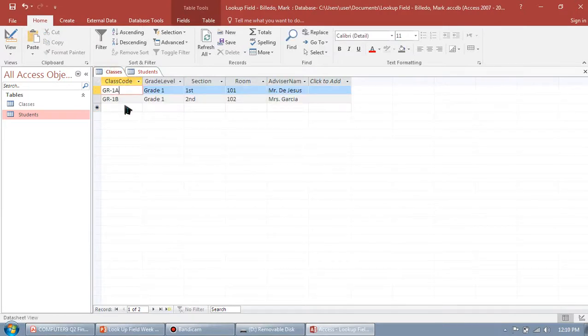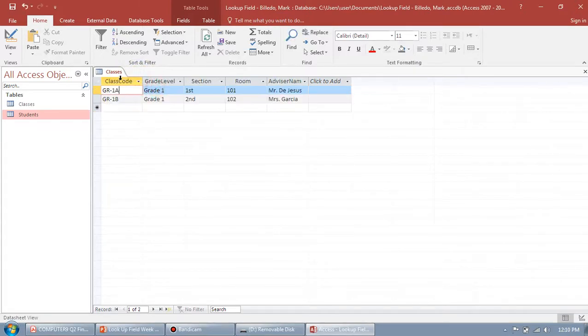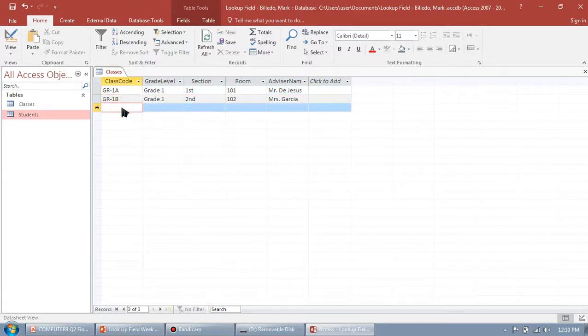Let's see. So click on the student, then click on the datasheet view to see the result. So whatever will be the content of your class code from the other table, which is the classes, then that will be the content of your class code on the lookup field. Okay, now let's try to close our table to see. Then let's try to add another record on the classes. So that is gr-2,